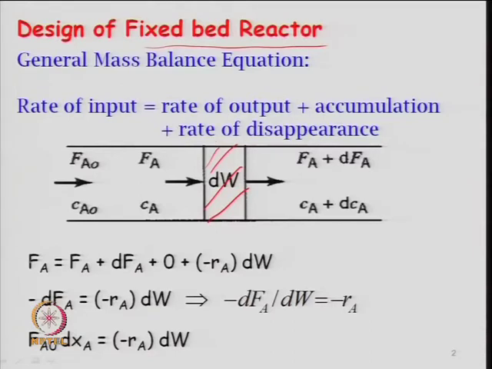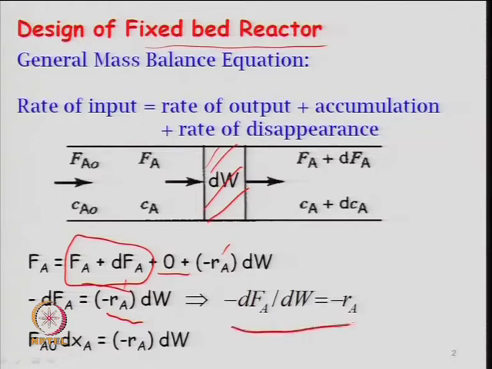So a simple mass balance, which is shown here and discussed last time also: input is equal to output. This is the moles of A out at this condition, and there is no accumulation inside the system, because we have assumed steady state condition, and this is your rate of disappearance. I told you it is per unit mass of the catalyst, so it is multiplied by the mass of the catalyst. If you simplify this equation, it gives minus dFA is equal to minus RA dash, per unit mass of catalyst, multiplied by the mass of the catalyst in the differential section.